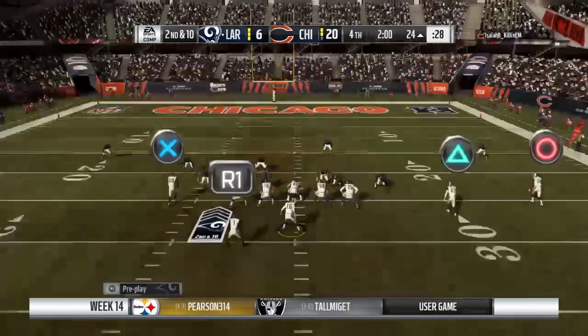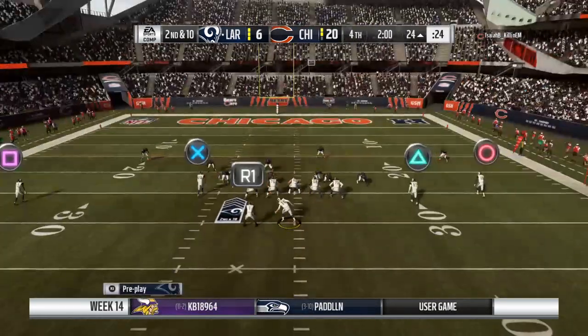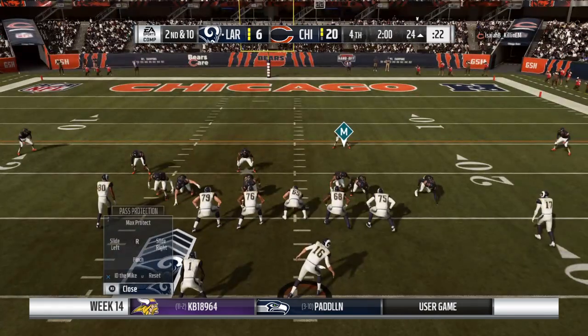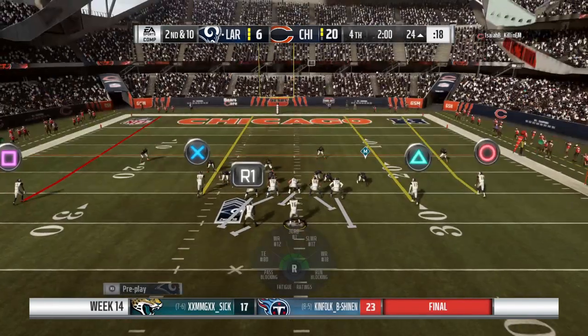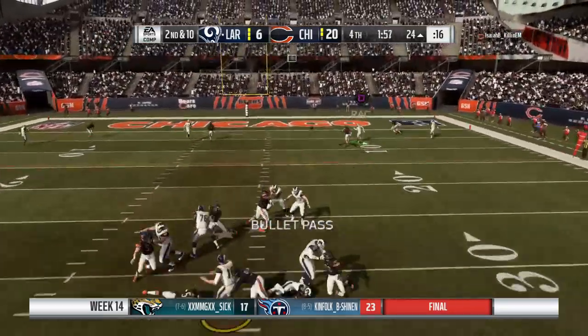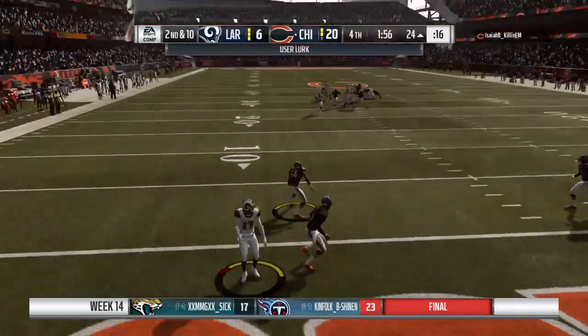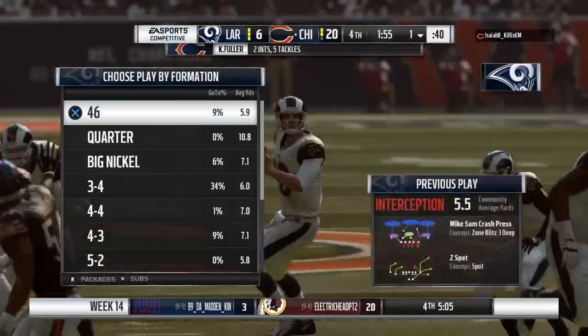76. 14. Super 66. 2nd and 10. Goff again. And this is intercepted. And that should do it. Picked off by Kyle Fuller. And a big